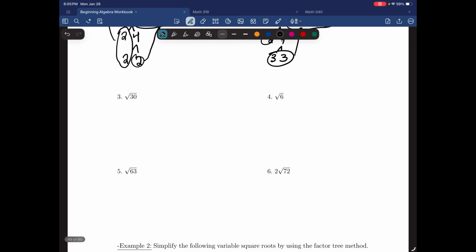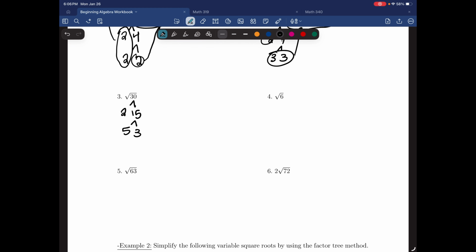Looking at example 3, we have the square root of 30. Because it's even, I'm going to start by dividing by 2. And 30 divided by 2 is 15. And 15, I can also divide by 5 and 3. 3 is a prime number, so I'm done here. But the one thing